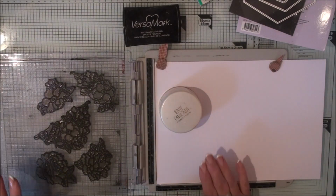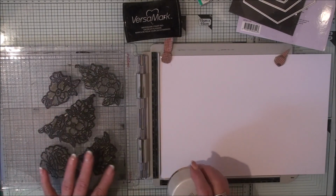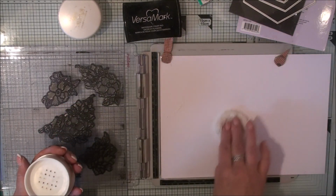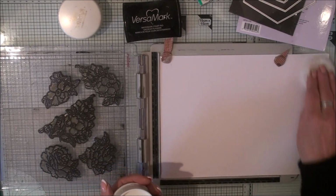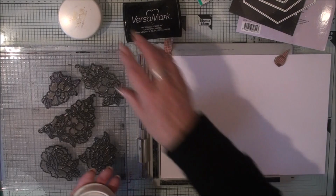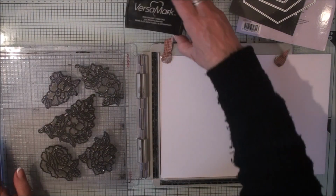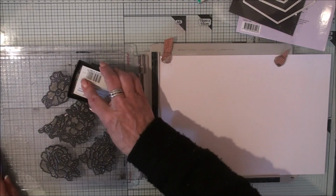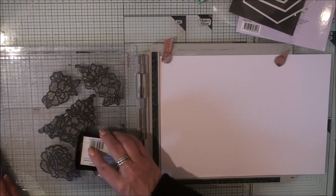So I've cut my bases and I've cut my top layers. Now I need another layer that's going to sit on top of them. So I've chosen some floral stamps. I'm going to put some talcum powder on my card, because what I want to do is silver emboss those flowers, and then we'll colour the card to match the design. So I'm using Versamark. Now my ink pad is very dirty but it doesn't really matter, so we'll just ink these up,